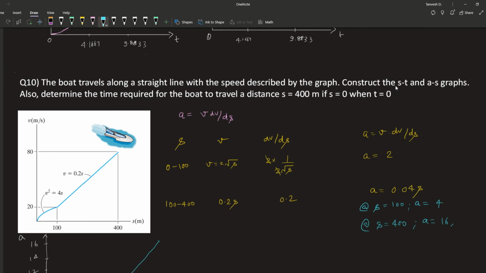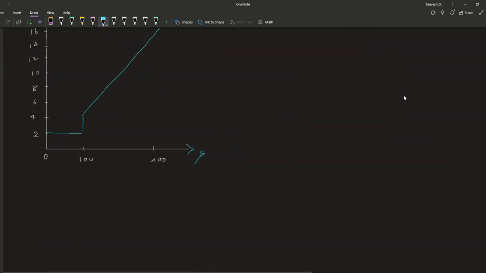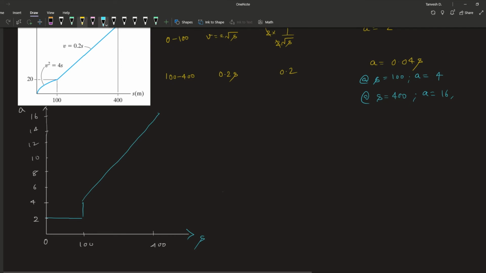Further, we need to plot the displacement time graph. So we know that velocity is ds by dt. So we can see that dt is equal to 1 by v into ds. Since v is a function of displacement, if we integrate both,